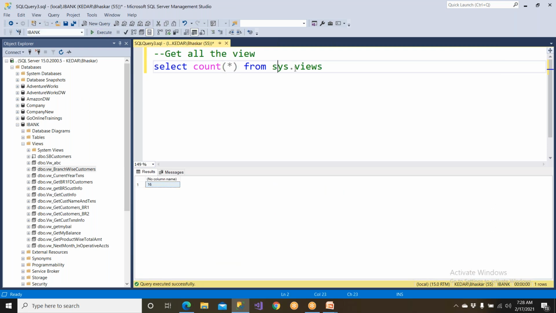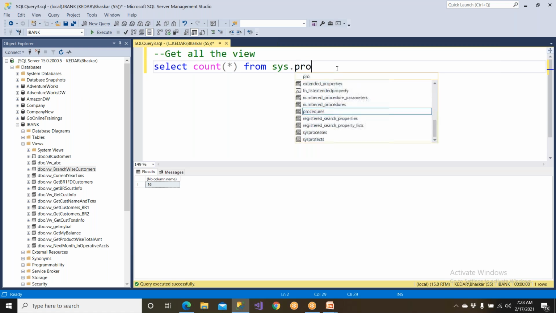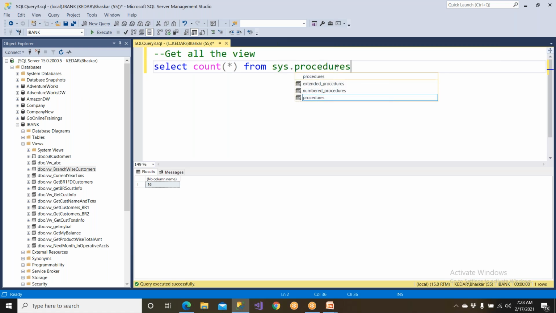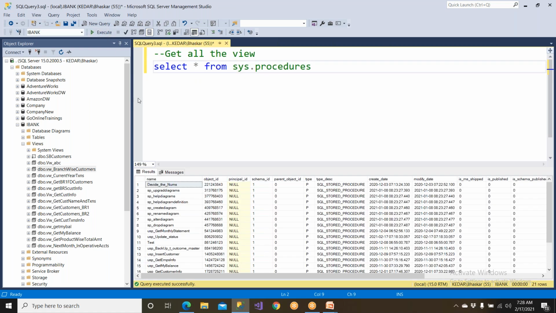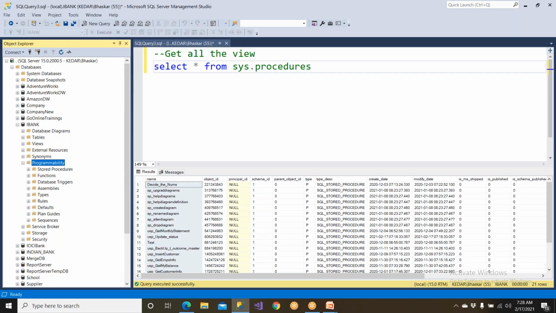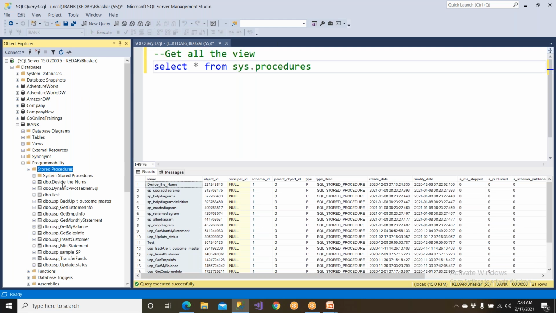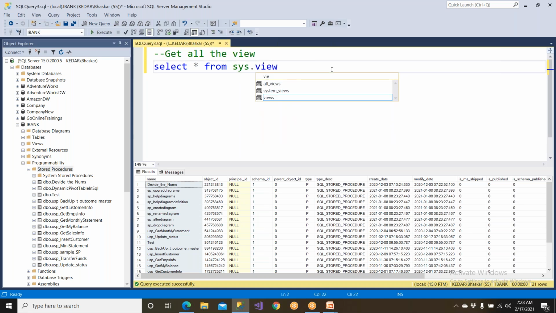If you wanted to get all procedures, stored procedures, you should be able to see like this. Okay, 21 procs are available. If you need a complete list of procs, you can get it. These are the procedures that are available. Clear? When you go to programmability, these are the procedures that we have. Clear, guys? If you wanted to see all the views,